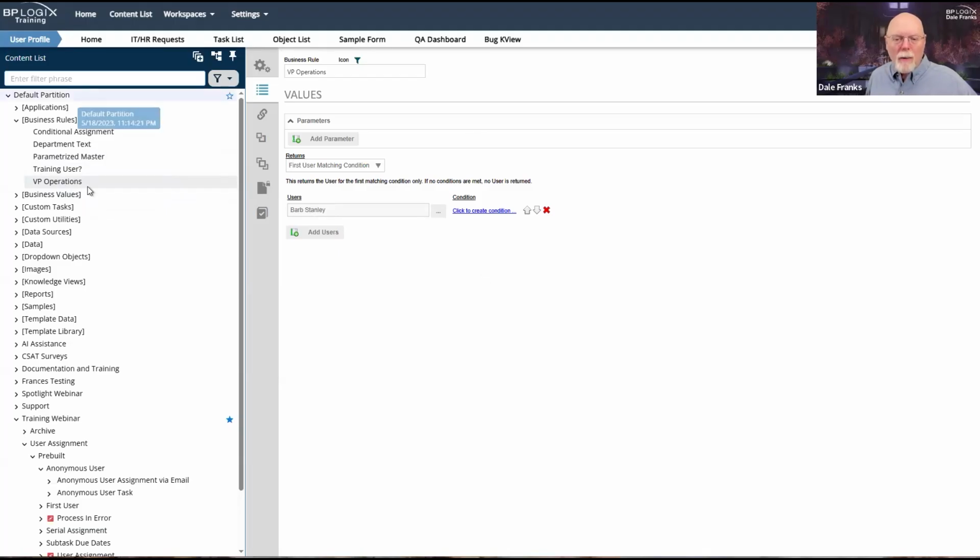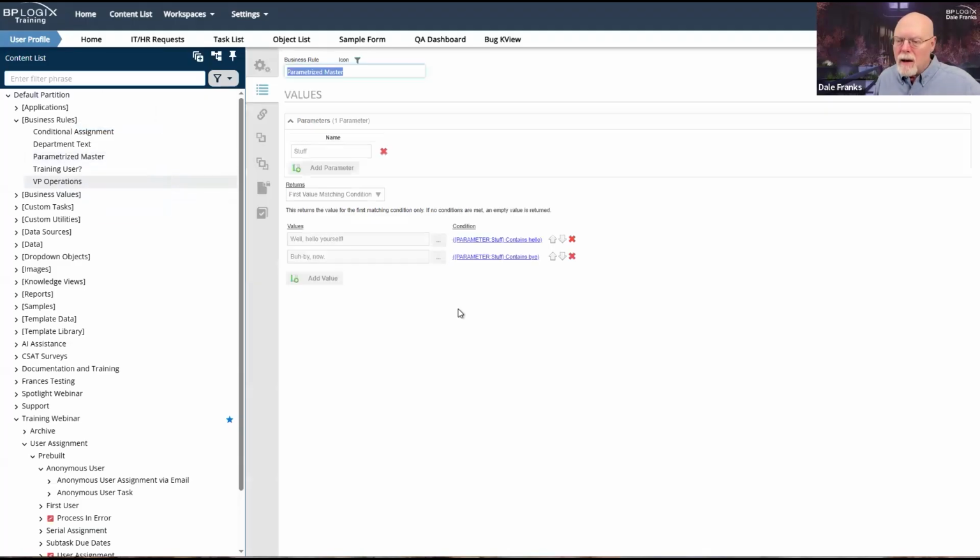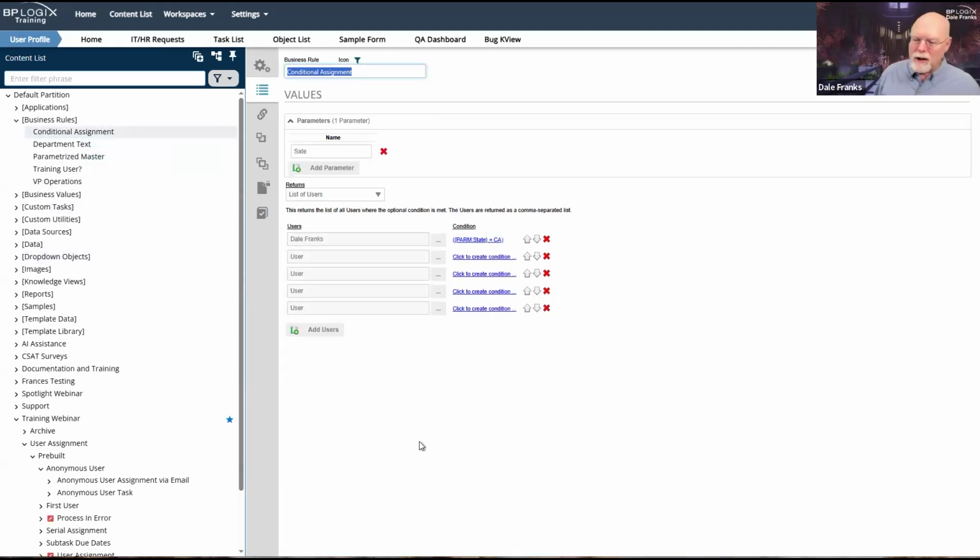There's also, and I don't, this is one, there we go. That's the one I'm looking for, conditional assignment. Sometimes you have some real complex assignment where a different user might be assigned based on some feature in the form, in this case.